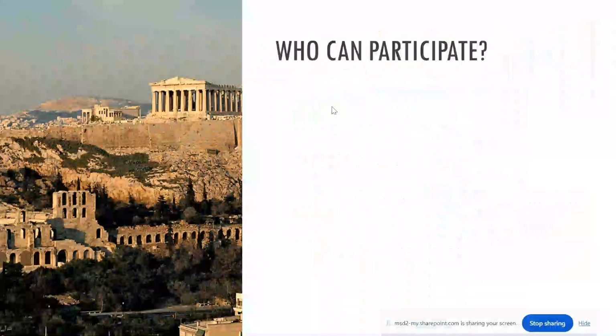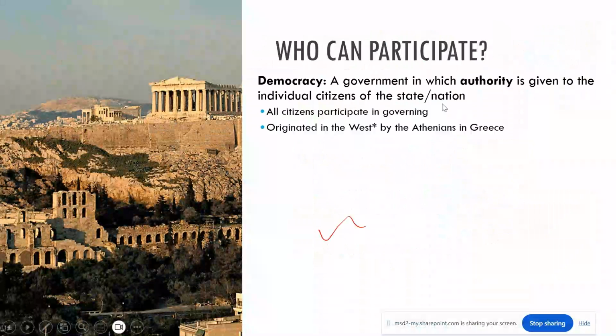So the first way that we structure governments or think about conceptualizing governments, I'm going to get a pen in case I need to draw something. I'm a good drawer. Perfect. Okay. So the first way we think about it is who can participate. And what I did is I kind of drew this. That is a terrible line. Okay. We have more participation by people,